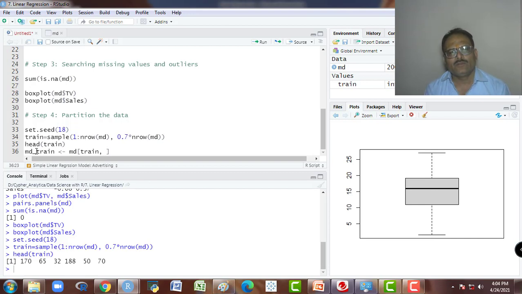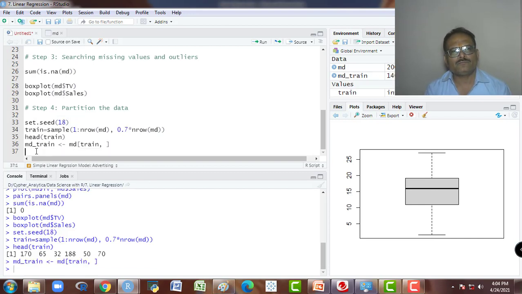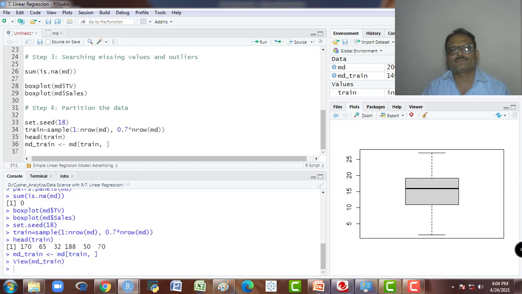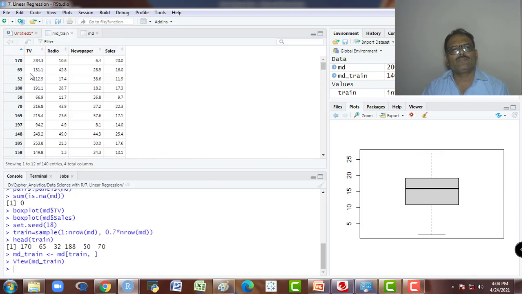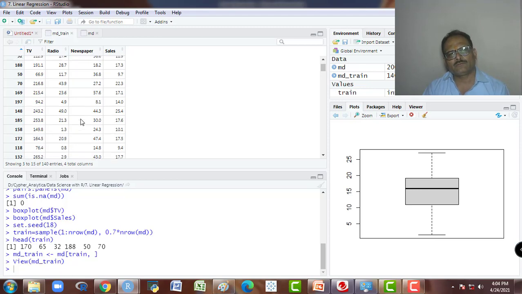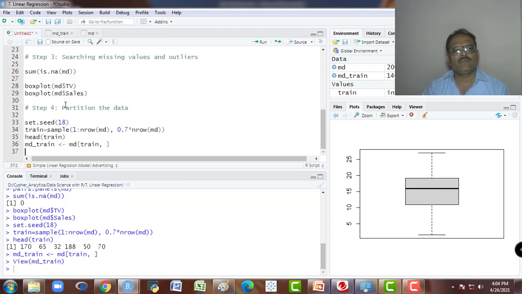Okay, so this I have got. If you see here now, 170, 65, 32, these are the index, and these are our columns I have got. So there are 140 entries, and now the remaining I use for test data.